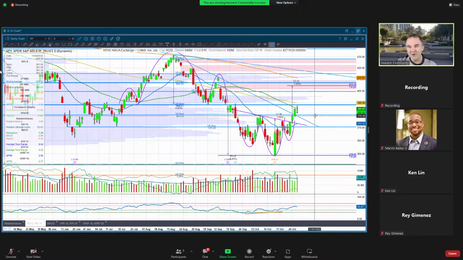If that sounds ominous, it should, because when you see a gravestone doji at the end of an uptrend, it usually spells the end of that uptrend, or that's what's supposed to happen, right? I don't actually know. I should have looked this up before the meeting today, and I don't know the accuracy of that prediction. I'm sure that Bulkowski has probably tested this.